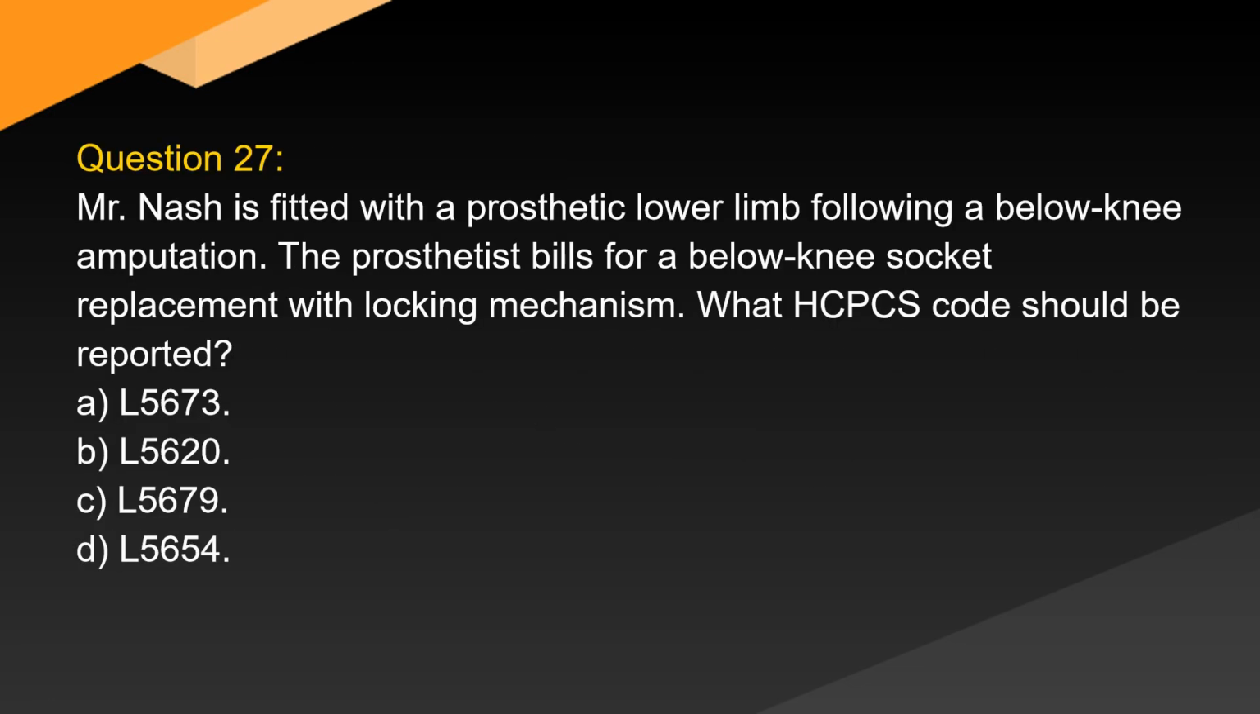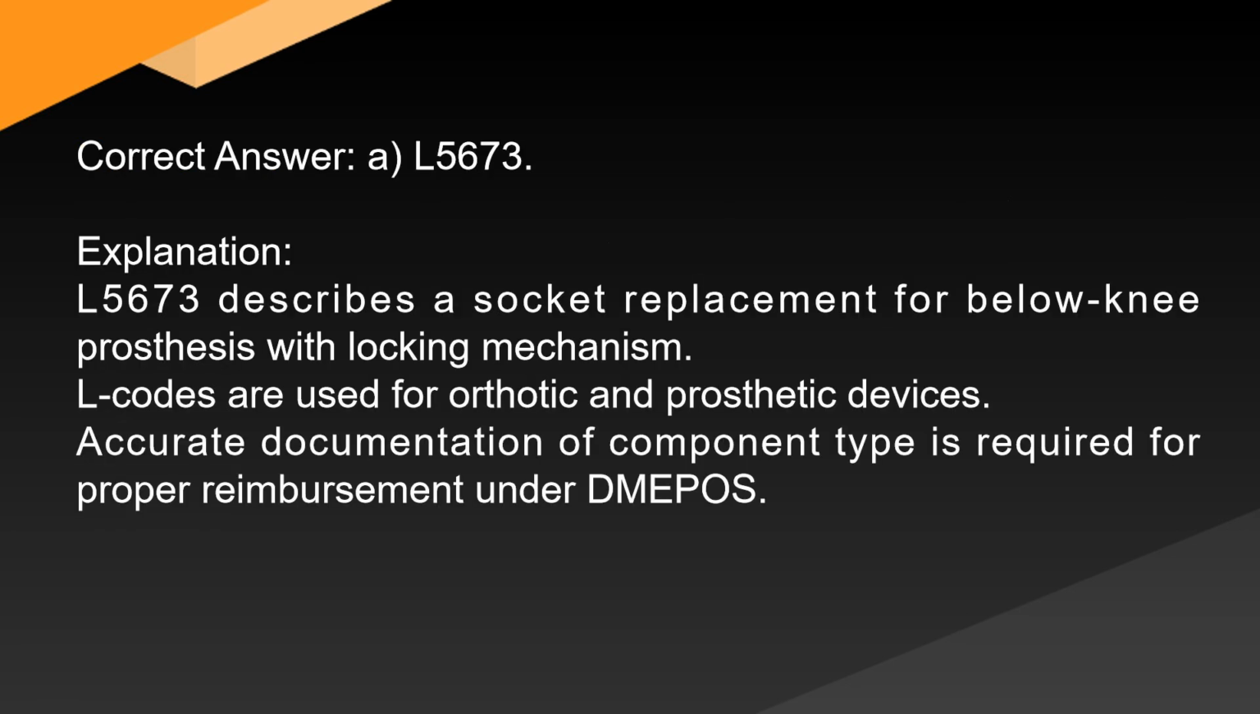Question 27. Mr. Nash is fitted with a prosthetic lower limb following a below-knee amputation. The prosthetist bills for a below-knee socket replacement with locking mechanism. What HCPCS code should be reported? A. L5673, B. L5620, C. L5679, D. L5654. Correct answer, A. L5673. Explanation: